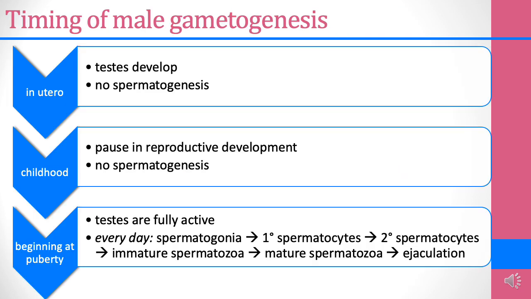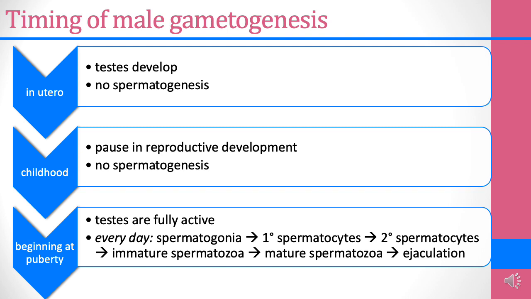Okay. To briefly review, the timing of male gametogenesis is really, really simple. In utero, the testes develop, but there's no spermatogenesis. During childhood, that is ages 1 to 10 or so, there's a pause in reproductive development. The boy just grows in a more or less reproductively neutral way, and there's still no spermatogenesis. Beginning at puberty, which we used to place at about age 13 for males, but it seems to be getting earlier